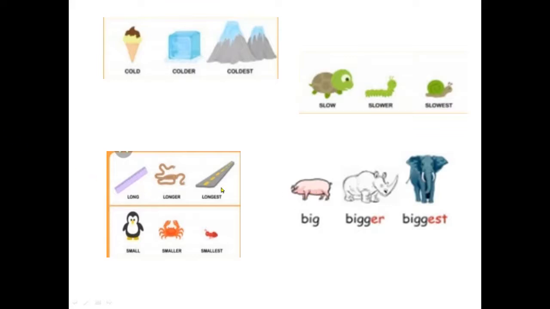You can see some pictures here. A scale is long, but the rope is longer than this scale. And one more bigger scale, so it is longer than these two. Small, smaller and smallest. These are some pictures that you can see. This is a small animal, this is smaller than this, and this is smallest. So again we have used three different degrees to describe these picture nouns.